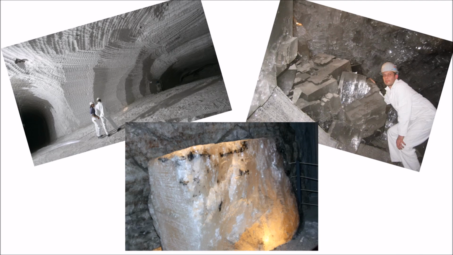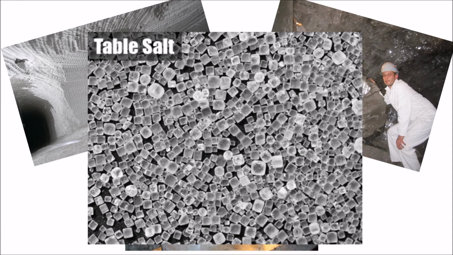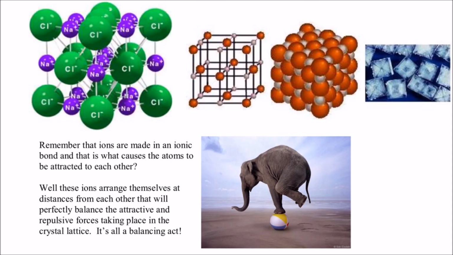All the way down to the tiny crystals that are on your table, as you can see here. So from that big block all the way down to regular old table salt, it always forms in the shape of a cube, and that is because of its crystal lattice structure. Now, not all salts will form in the shape of a cube. Their crystal lattice may have different shapes, which cause the actual molecules themselves to form a different type of shape at the macro scale. Alright?